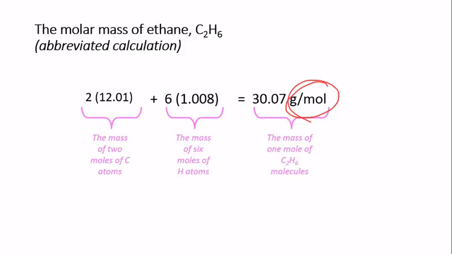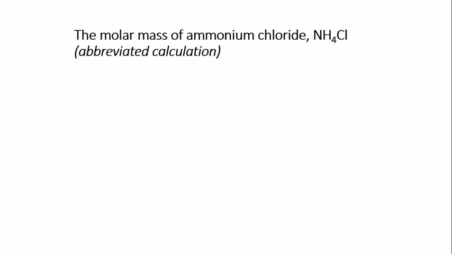All right, let's do one more example. Again, you work them just the same as coming up with the weight of a molecule, but instead of AMUs, the units are grams per mole. Let's do ammonium chloride. So we need the decimal number for nitrogen, hydrogen, and chlorine. Starting with nitrogen, the decimal number is 14.01, and I usually say times 1 because I only have one nitrogen atom,